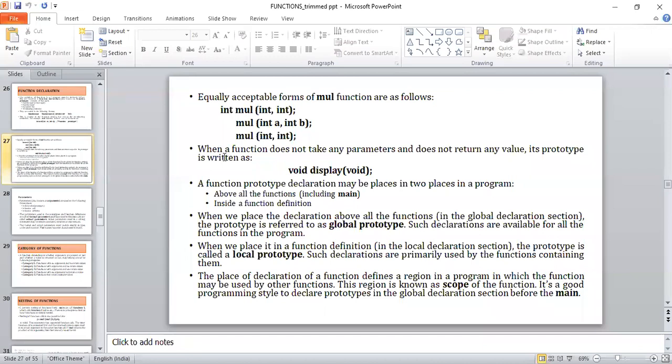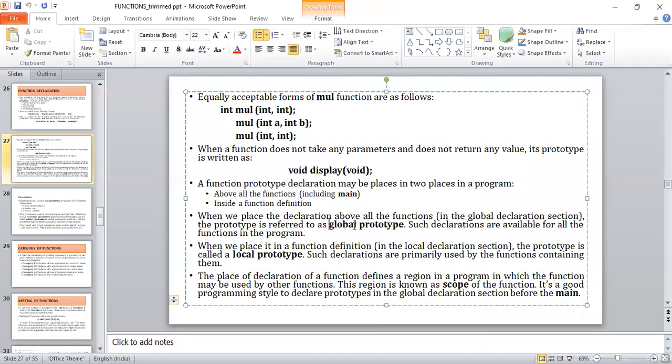Basically, we can declare this function before the main or inside the main also. Suppose we have declared the function above the main function. That is nothing but your global prototype that can be used by any other functions in your program. Suppose you are placing that particular function declaration only inside main, then it is called the local prototype.